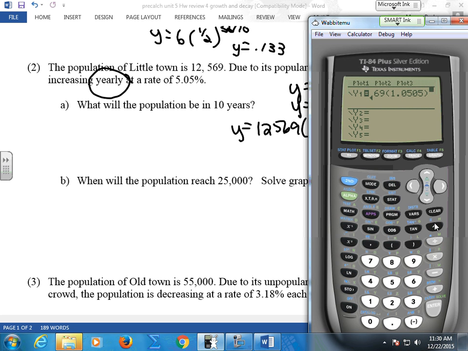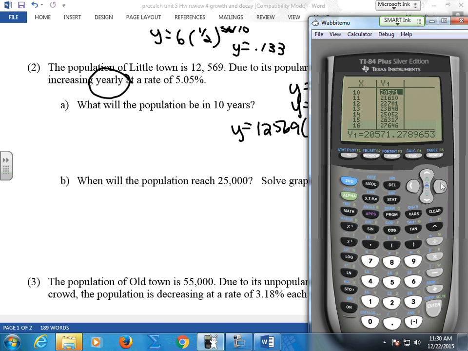And we're going to erase this 0. Now, I don't care what my graph looks like. I just need to know where is the 10. So I look for my 10. Let's go back to my table, started at 10, and tell me what my population is. There's my population. Let me scroll over it and make sure. Here's my population. 20,571